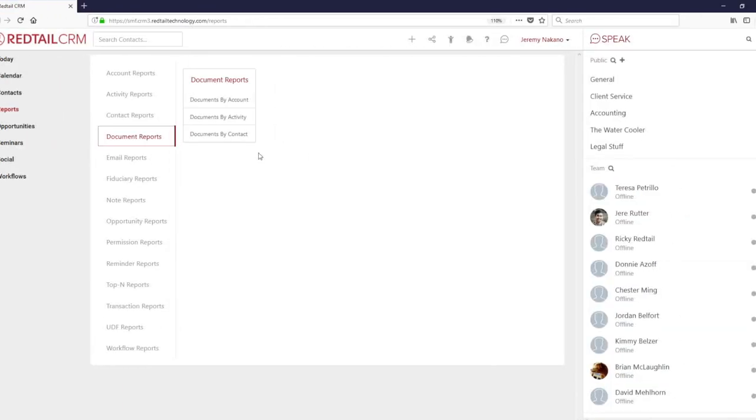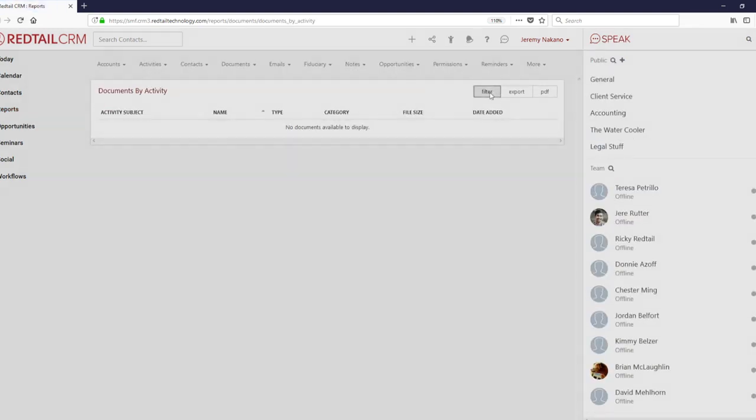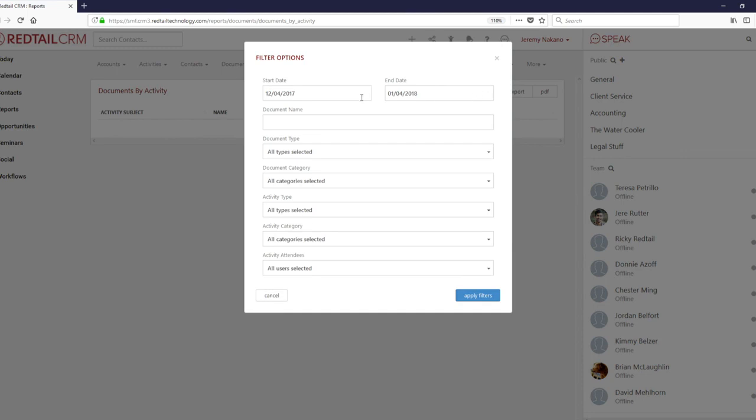Another report that was added is the Documents by Activity report. If you go to the Documents section and head over to Documents by Activity, you can go ahead and open it up, hit your filters, and be able to navigate by date, document name, type, category, with activity types, category,